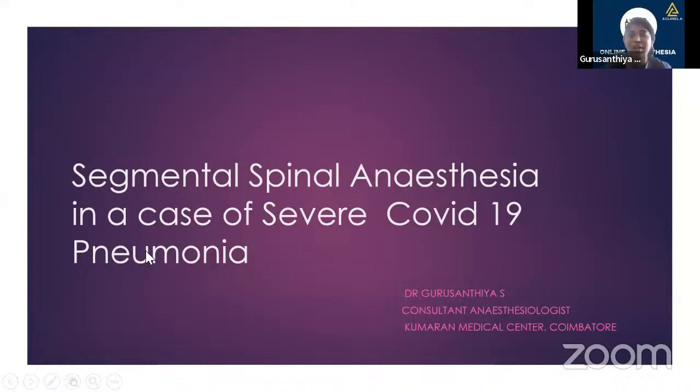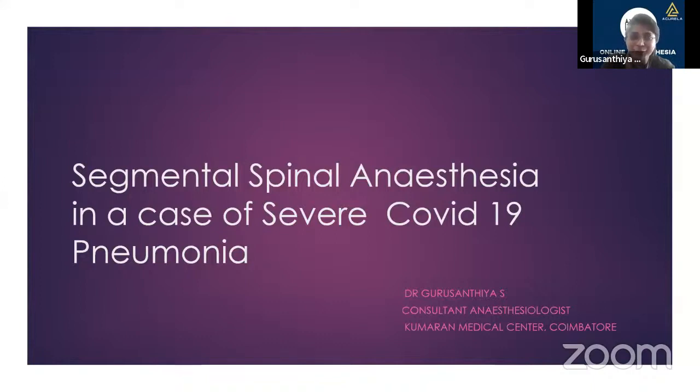Okay. Good morning, one and all. I'm Dr. Gurusanthiya. I will be discussing segmental spinal anesthesia in a case of severe COVID-19 pneumonia. And that doesn't end there. We'll look into details in the further slides. This is one such case which is etched in my heart, and I would never forget this case in my